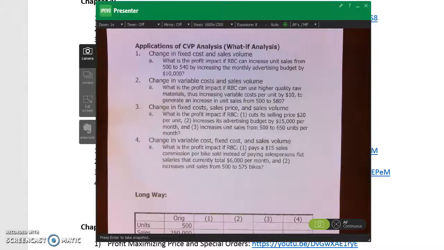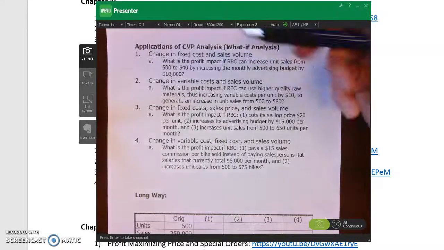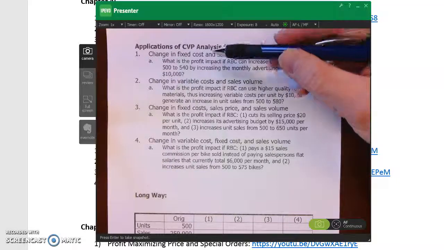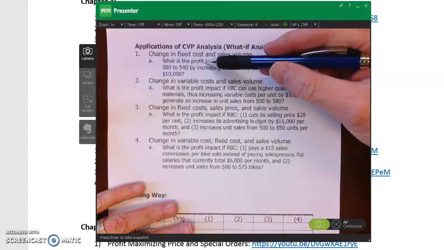And so in this lecture video, we're going to be covering cost volume profit analysis and applications of CVP and looking at break-even and target profit analysis. Okay. So in terms of applications of CVP analysis, we could ask questions, and look at the impact on profit